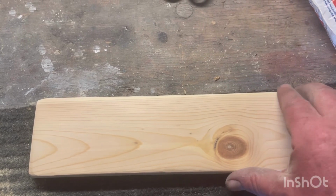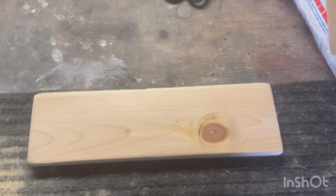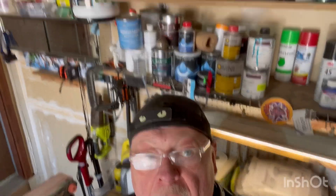Well, I need to hit this corner a little bit more, but man, we're ready to rock paint. You gotta shake your paint up. Look at all that paint I got. Car cleaning, so I got so much crap. You gotta shake your paint up a lot, especially after the winter when it's been in the garage cold. You know, paint is pretty durable. It lasts,